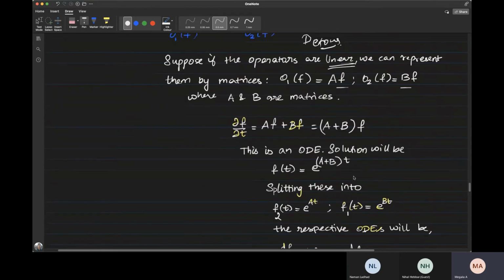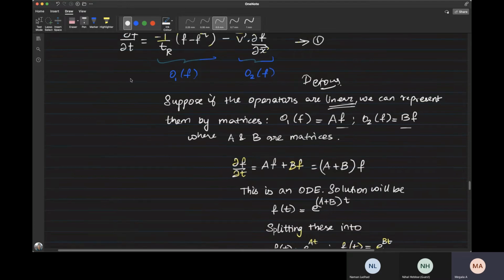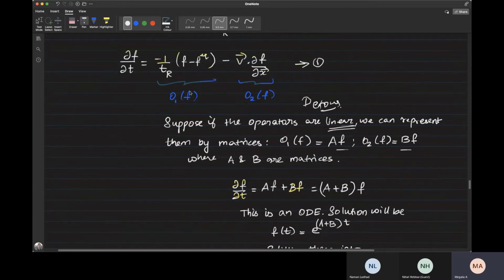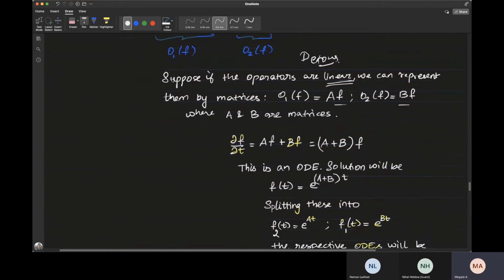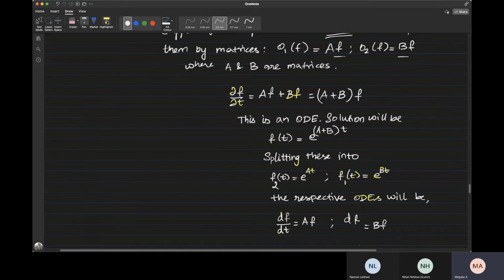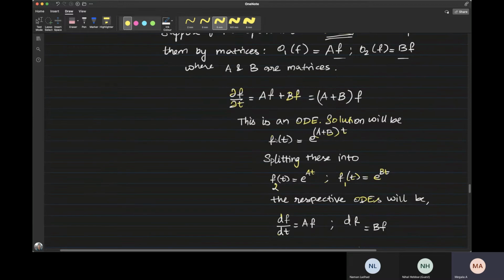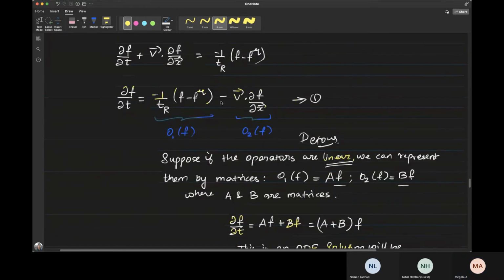For this, I took the assumption that things are linear. But in our case, things are not linear, but still we can go about doing this operator splitting. I used this linear assumption just to have ease with matrices. But we need not always have matrices. We can have nonlinear functions over here as well, which can also be split. So we can split nonlinear functions also.